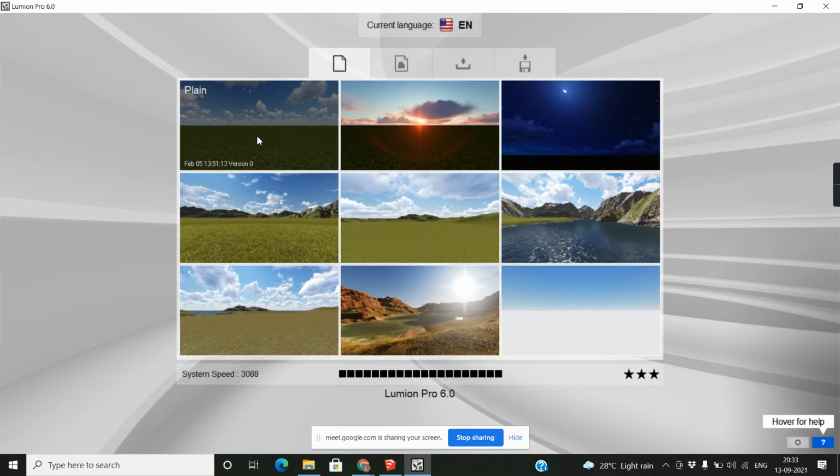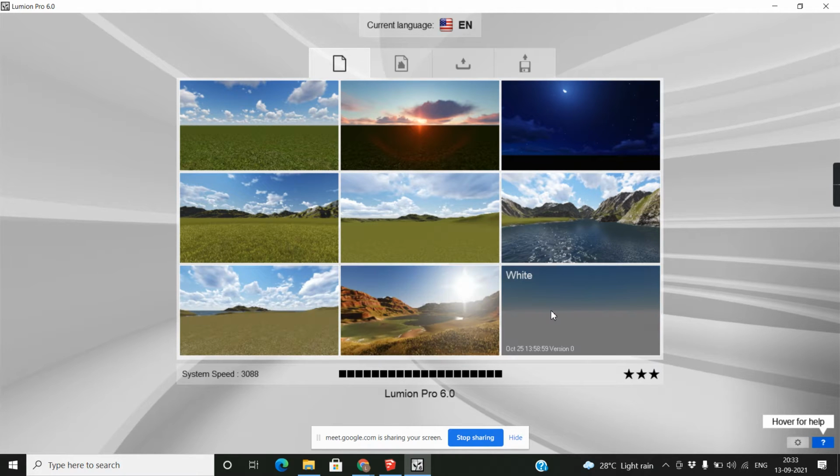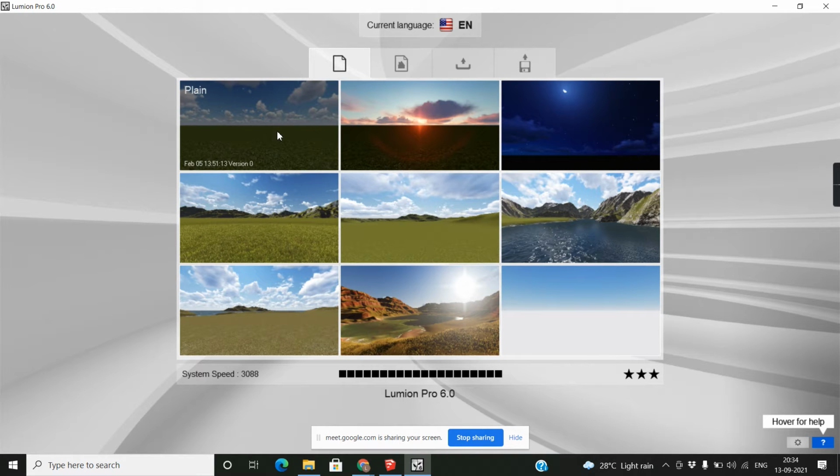Look, this is plain, sunset, night, mountain, hills, mountain in spring, Iceland, desert mountains, and white. So I'll start from the beginning with the one called plain.